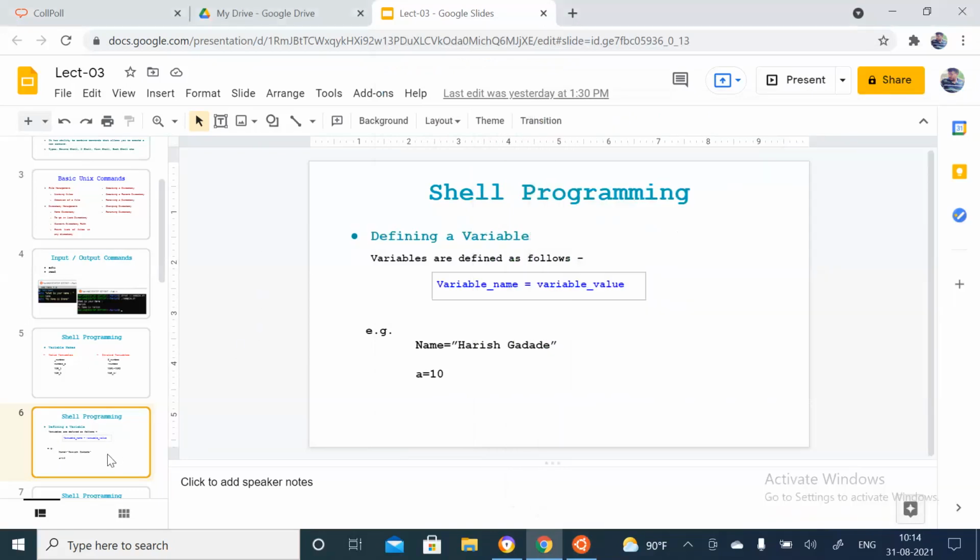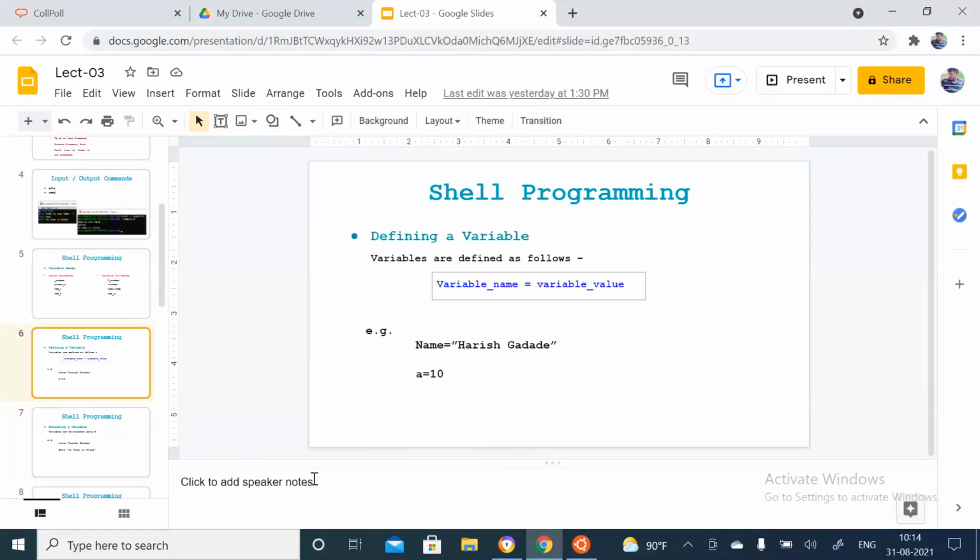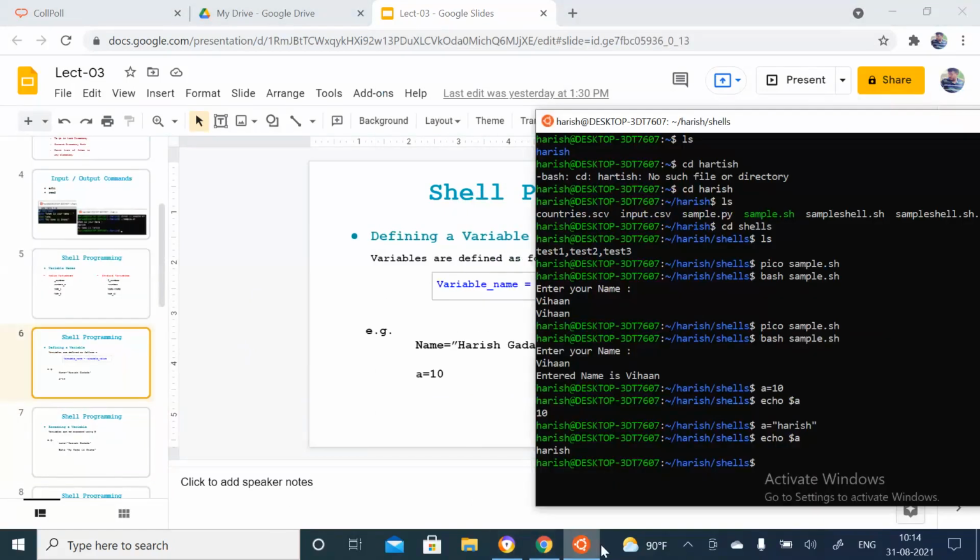Also, if you want to use read-only: in this example, first I used a and assigned the value 10. The second time, for the same variable, I assigned a string. It means I updated 10 with Harish, so we can update the value in a variable.